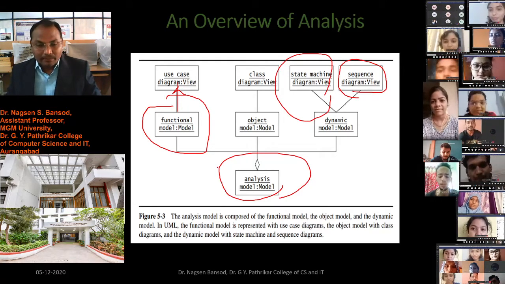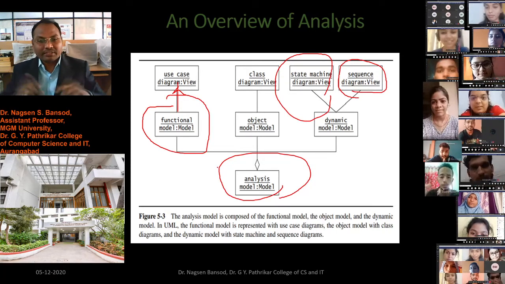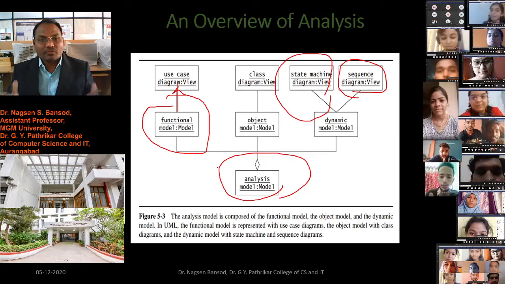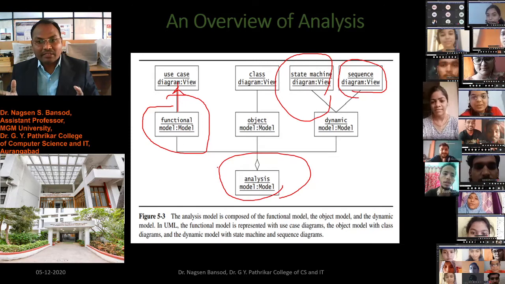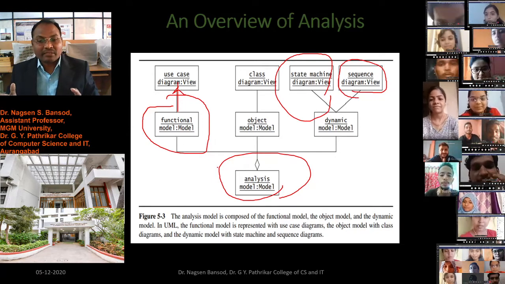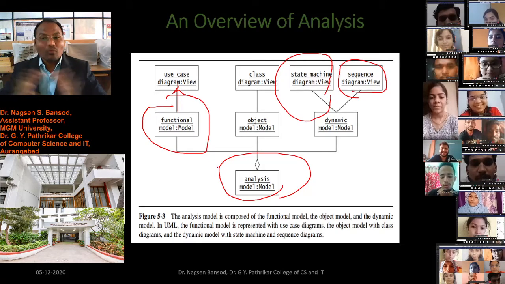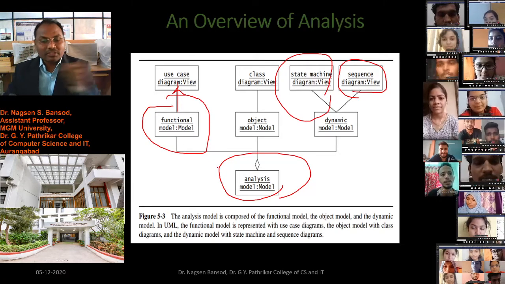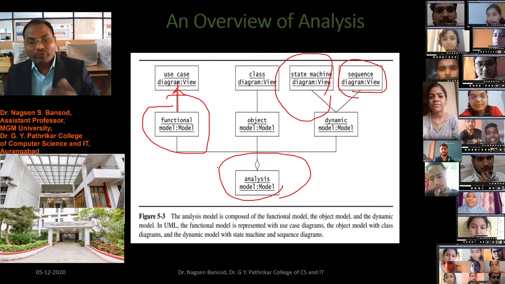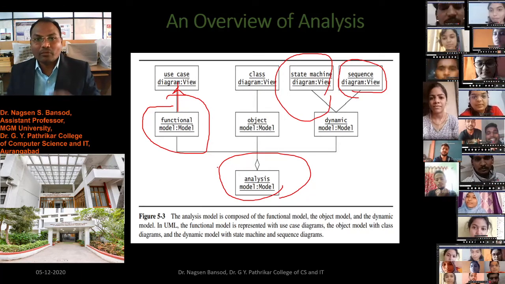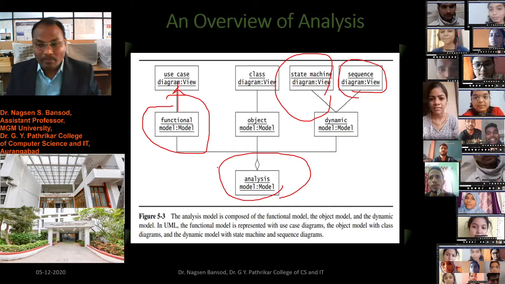Only the user's view, like the use case diagram to understand the system's view, class diagrams, state machine diagrams, and sequence diagrams. We have to design the analysis model to understand how the system will work. Likewise, in the use case diagram we will write how many participants and how many actors there will be in our system.